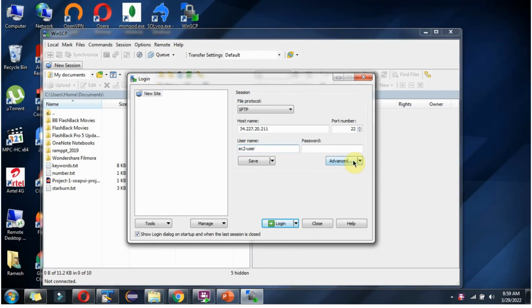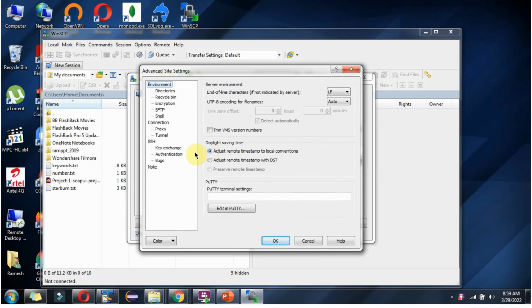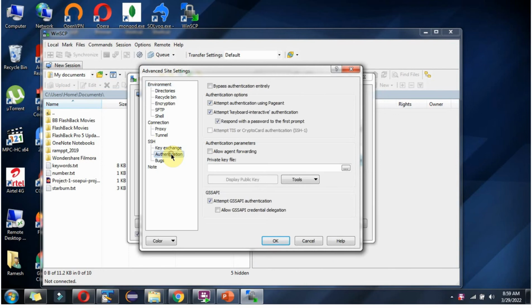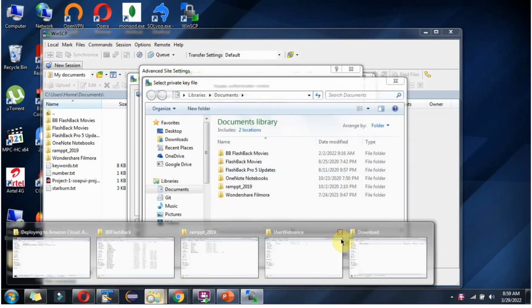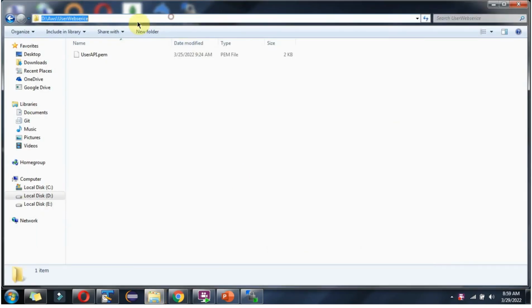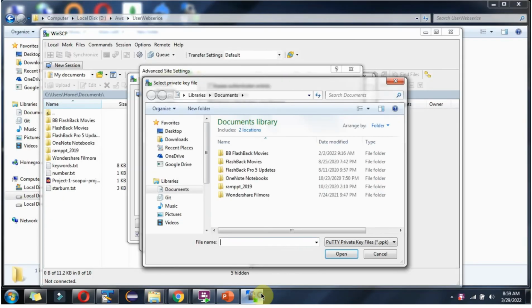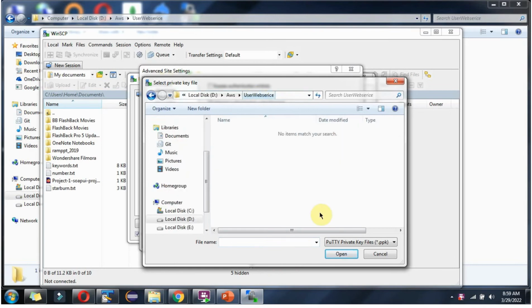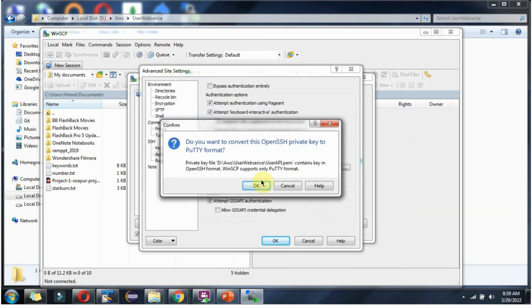Next, click on advanced, and under SSH you can find authentication. Click on this. Here select the PEM file which we downloaded when we launched the instance. Select this PEM file. Click on OK,